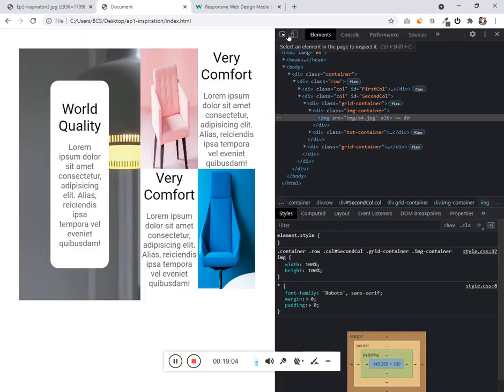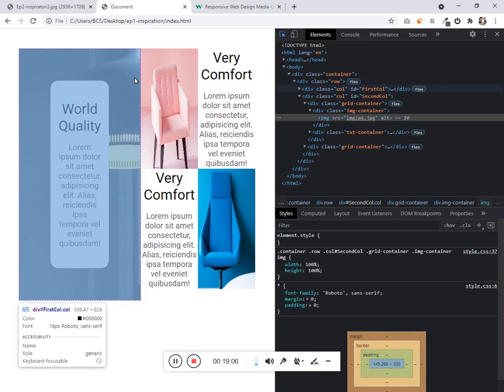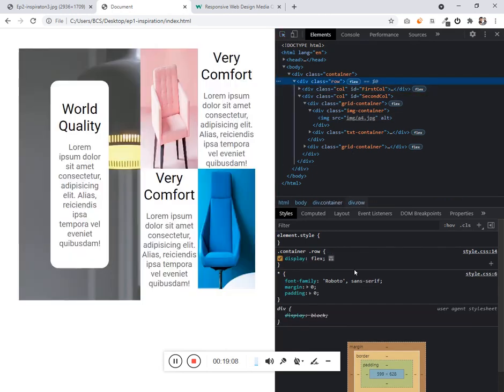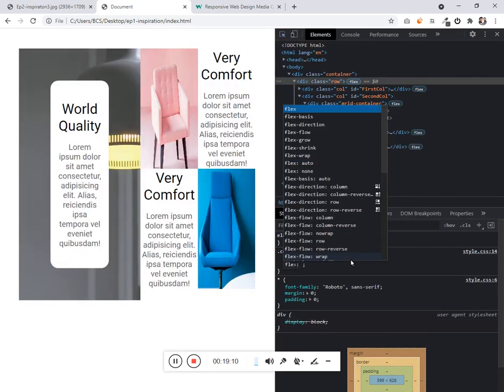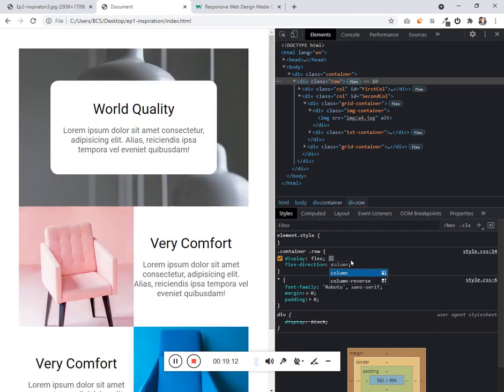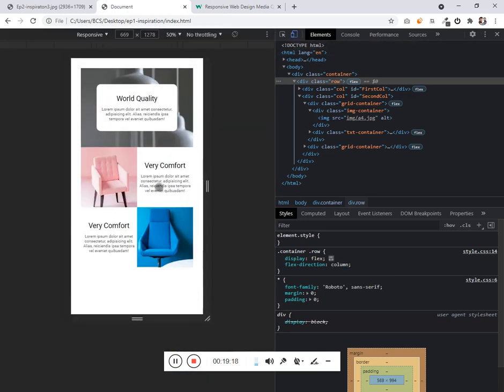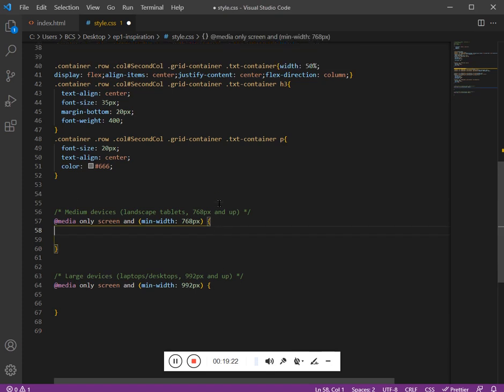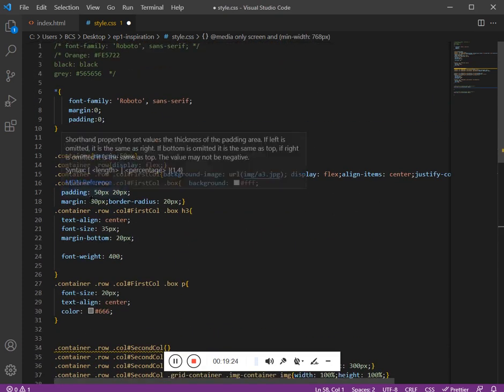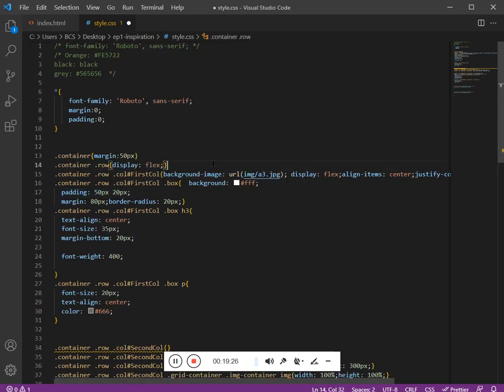So for the mobile version, what do we need? We want this container to have flex direction column, and here you go. This is what we thought and what we got with just one line of code. And just add it.